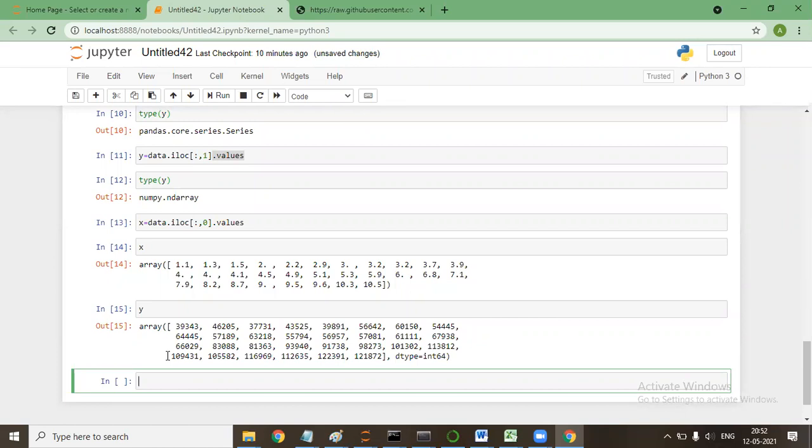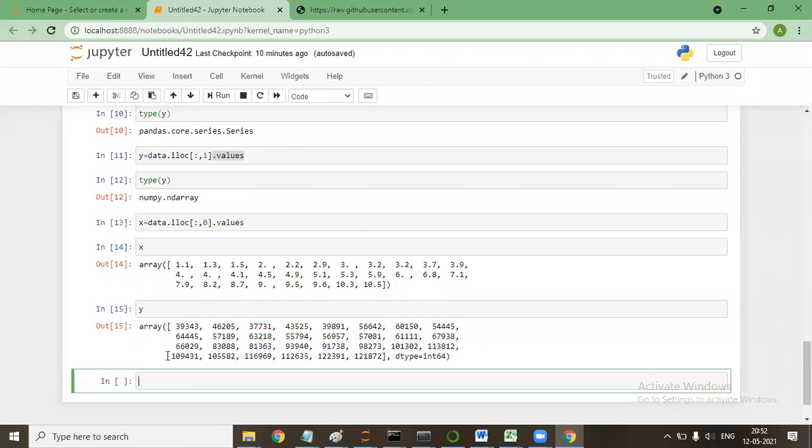Sir, even if here there is only one independent variable, if we have two independent variables, then also we do the same? Then we don't have any option to convert it into an NP array. We need to pass these two variables together, so then it won't be a series. It will be a data frame. Okay.